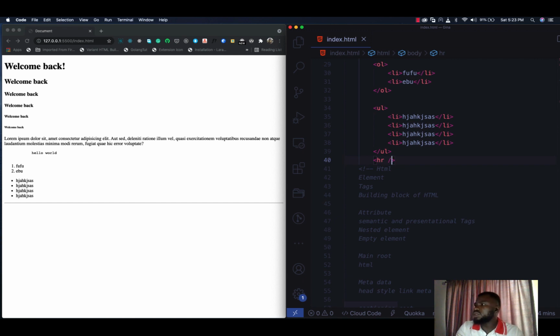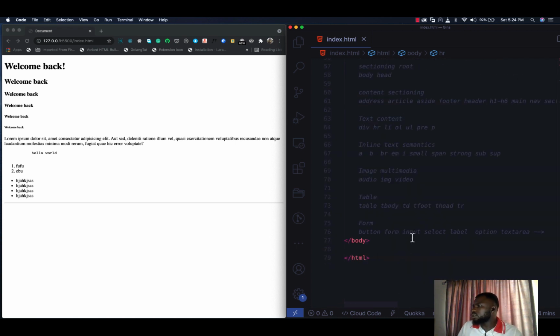The reason why it's categorized under text is because when you're writing your text content, you may want to underline a particular thing, so you can use this horizontal line. But most people use it for sectioning content. That's the reason why they classify it as a text content element. So that's how you write your horizontal line. Then the next